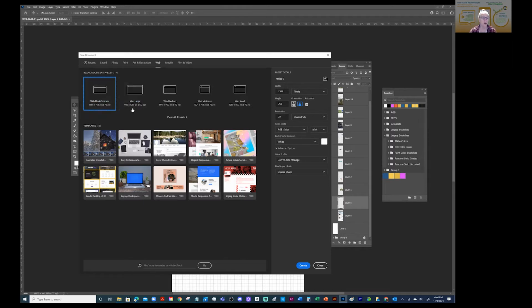Now, traditionally, web large would have gone to 1920. But because we have a long scroll screen and we're going to be putting this up to WordPress, I want it to be somewhat comprehensively sized so it's easy to load and so forth. So the tools I'm going to show you are specifically dedicated to creating web content. And the most important web content out there is called a website. So that's how we're going to do one